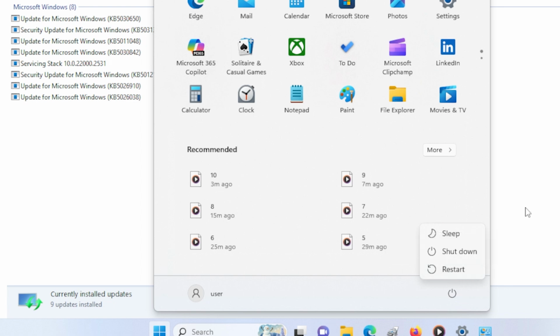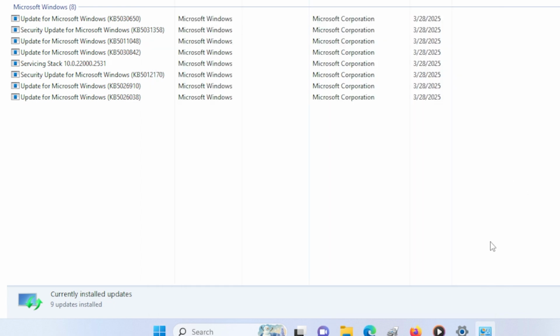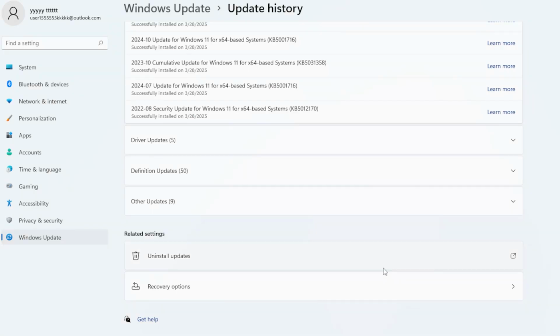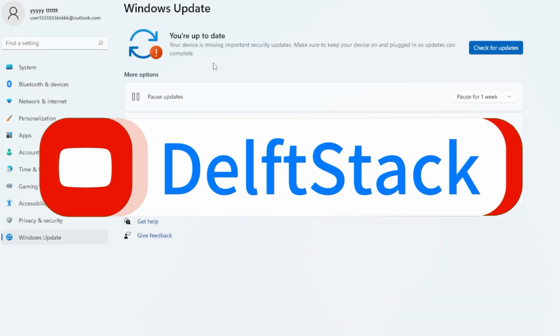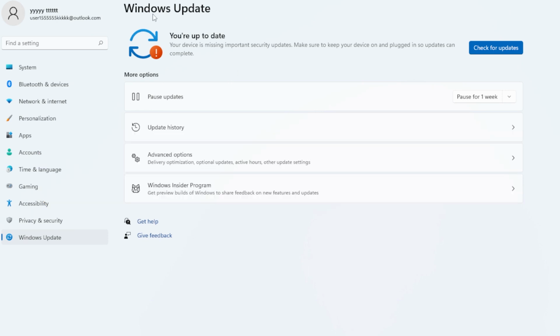After that restart, your system will return to the previous stable version, and the problems caused by KB5063878 should be resolved. If Windows automatically tries to reinstall the update, go back to Windows Update and pause updates temporarily. Another way to uninstall